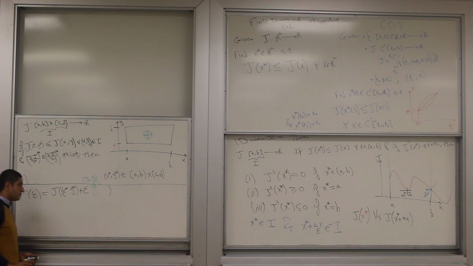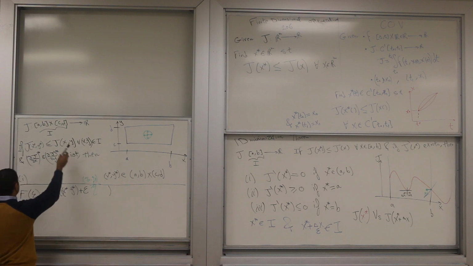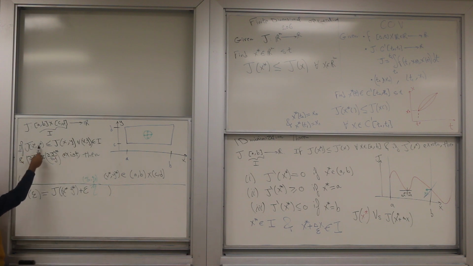No. So this is for any eta x and eta y. So I'm defining my function of epsilon to be this thing. That's fine. Nobody's going to prevent you from defining anything. By the definition in the theorem, if x star, y star minimizes J,